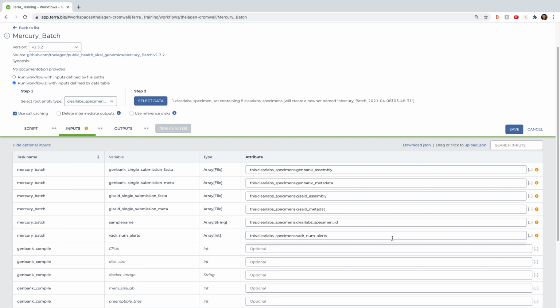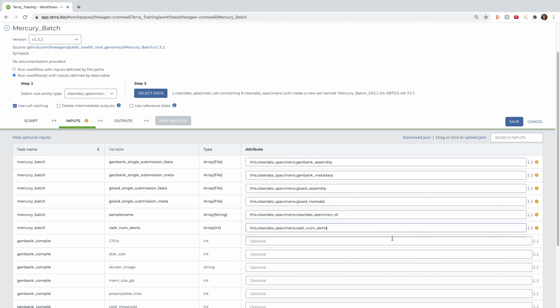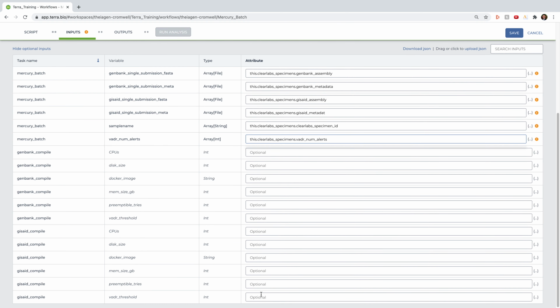And remember, we're inputting the number of Vader alerts to this workflow so that Mercury Batch will exclude samples with raised Vader alerts in an effort to expedite the sharing of hassle-free submissions. And you can change this Vader alert threshold by providing an optional input here, but we'll keep this at default